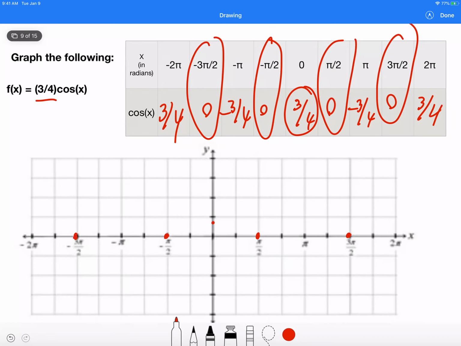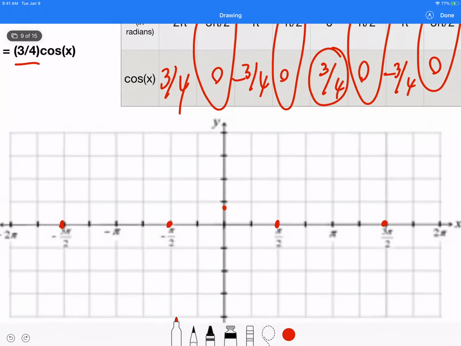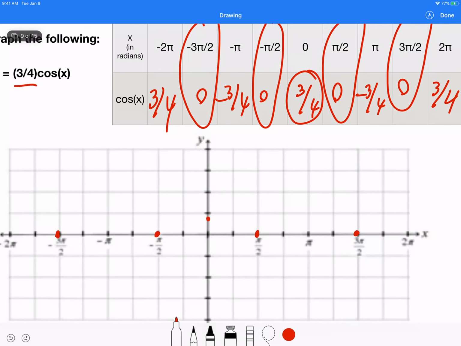At 0, it's going to be 3 over 4. That's about 0.75, so I'm going to put the point a little bit closer to the 1 than at 0. Then at 0. Then at negative 3 over 4, positive 3. Oh, I'm sorry, that's not the way. This is going to be at negative 3 over 4, and then again, positive 3 over 4. Negative 3 over 4, then positive 3 over 4. So my graph